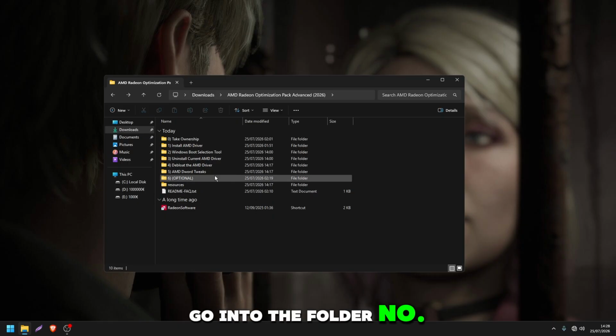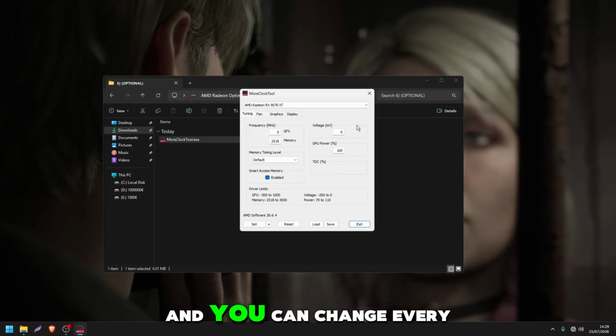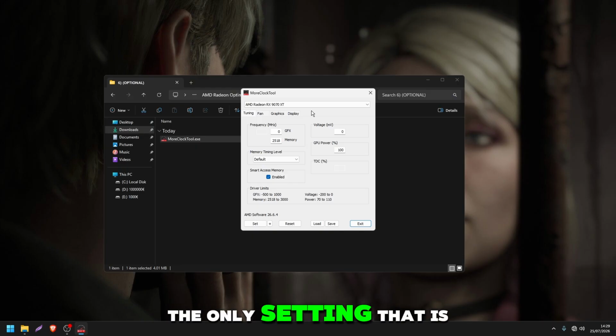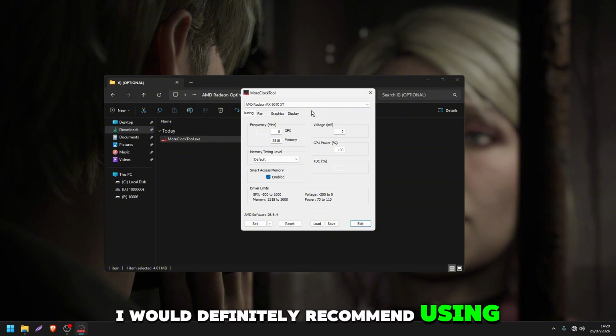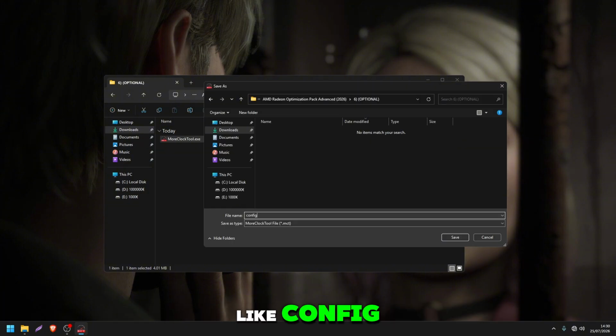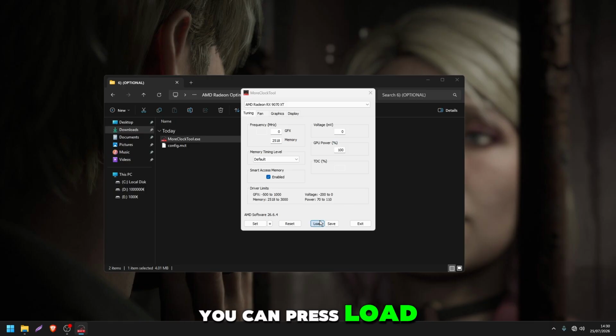Go into the folder number 6, open more clock tool and you can change every setting I showed previously on the Radeon software inside of here. The only setting that is missing is the display color enhancements that really makes the colors pop, so I would definitely recommend using the Radeon software. Once you change everything inside of here, you can press save and you can name this like config. So every time you update your drivers, you can press load, select this file, open and press set and you're